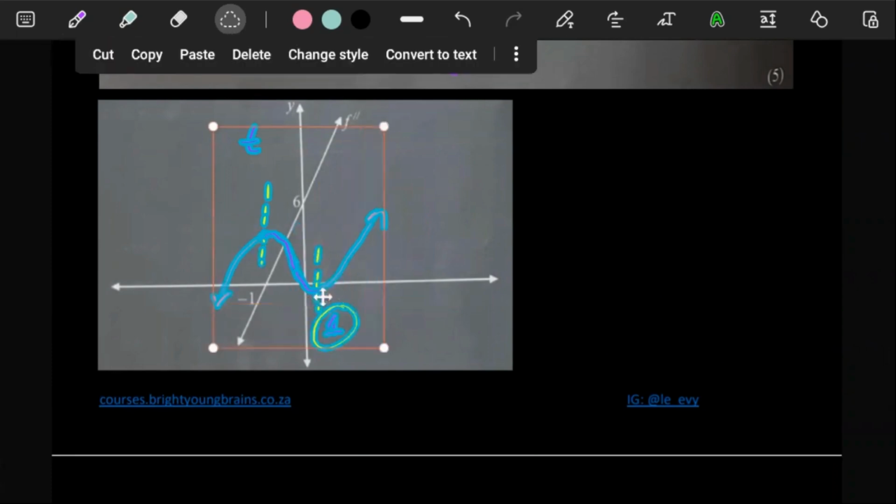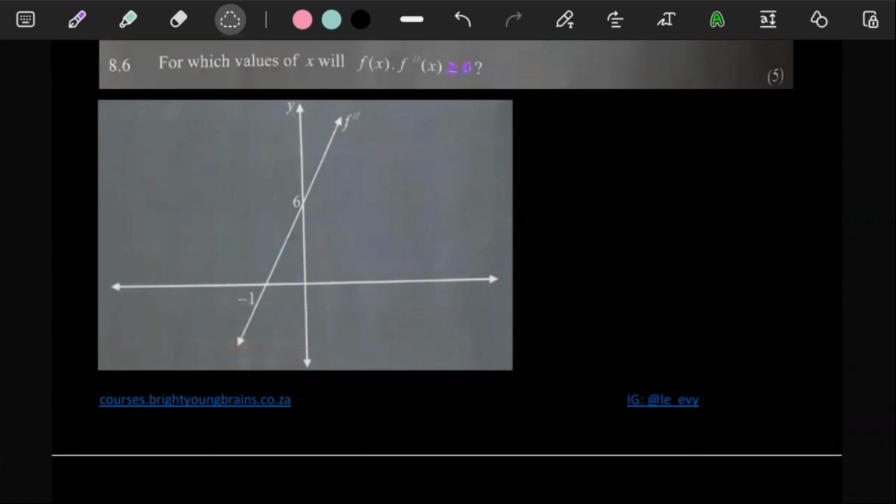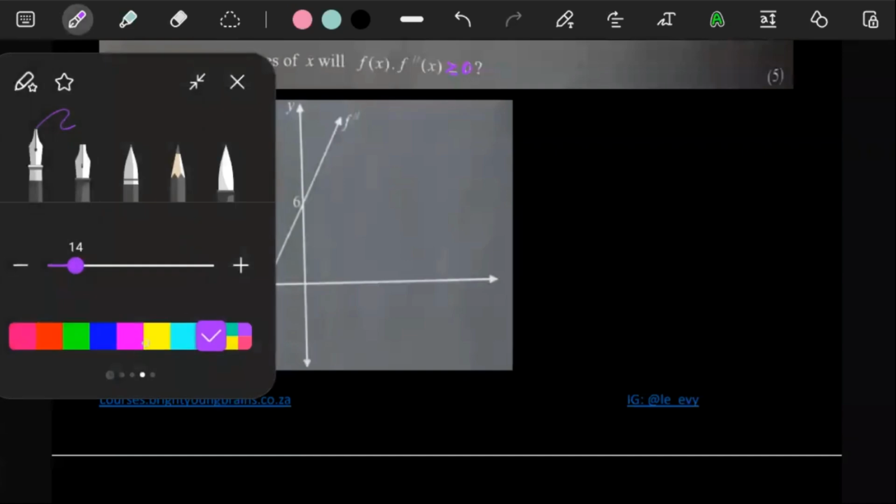So if the turning point, the only thing now is we don't necessarily know if the turning point is, okay, let's just delete this thing really, because we might just end up confusing ourselves. For now, we'll maybe redraw it on top of this thing. So what we know is our turning point we have somewhere at T, which is -3. So we have a turning point somewhere here. And then the other turning point is at +1. So it's somewhere here. You see? Because we know that there is 1 over here, -1 over here, and then there is